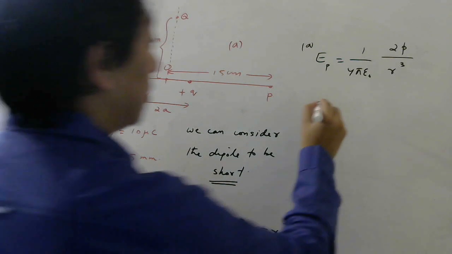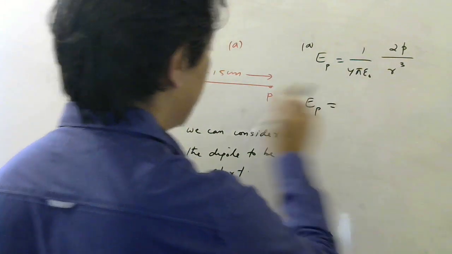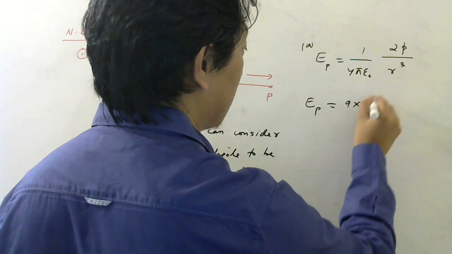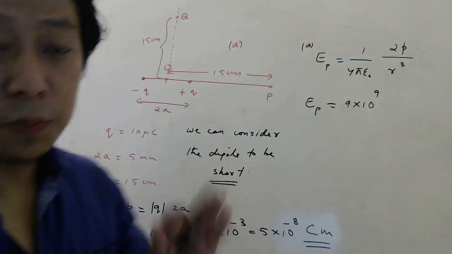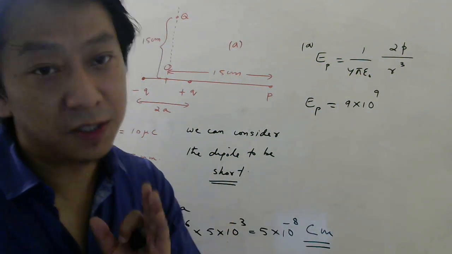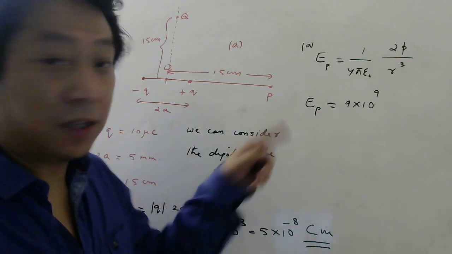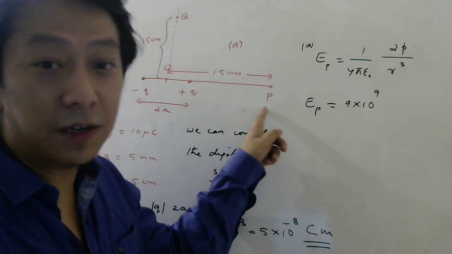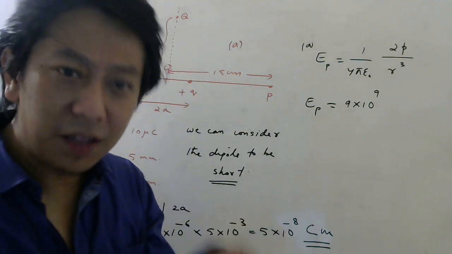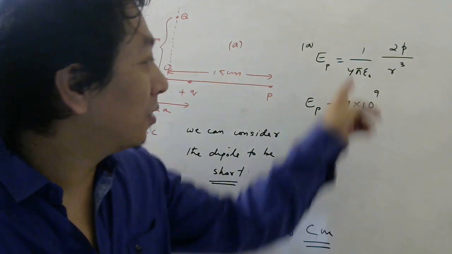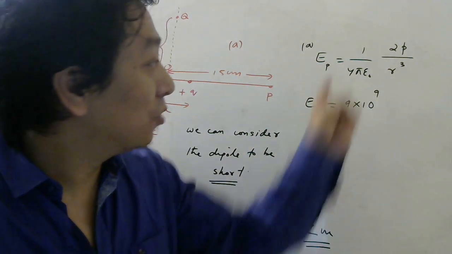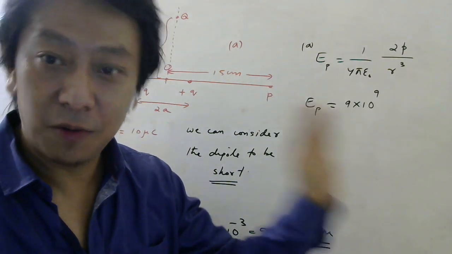So now what will be the value of electric field at this point? 1 by 4 pi epsilon naught value is 9 into 10 to the power 9. See, there is no point doing the superposition principle, students. There's no point writing electric field due to plus q, then electric field due to minus q. No need, because we have done that in the derivation. And we already found this formula for which point? Axial point. So since we know the formula already, let us use it directly.